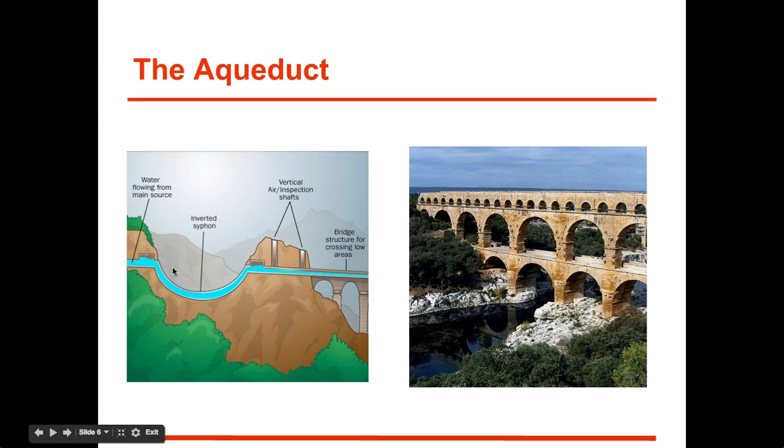And again, keep in mind, they were doing this based off of models and experience, testing it out. They did not have the math to figure out, okay, if the water is moving this quickly, how am I able to get it through this valley? What they would do is create these siphons. They would get the water going so fast down here, like imagine a roller coaster. They would make it dip so far down and move so fast that it would be able to rise up out of the valley.